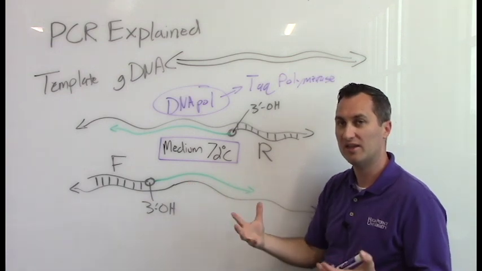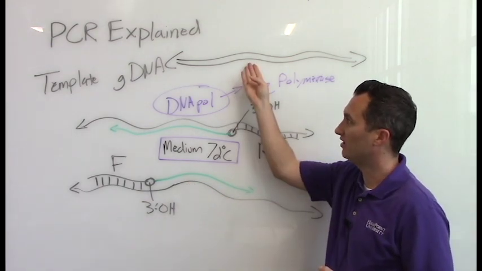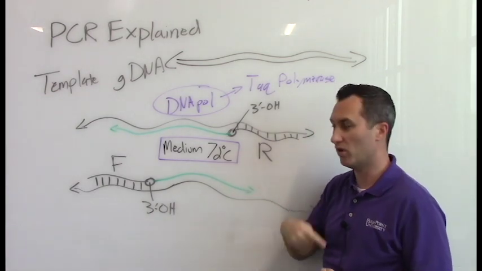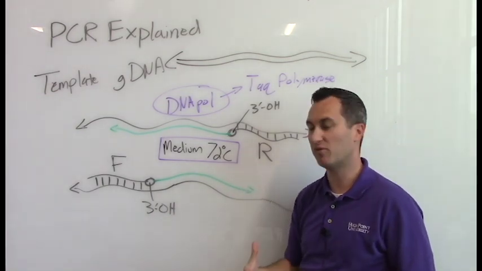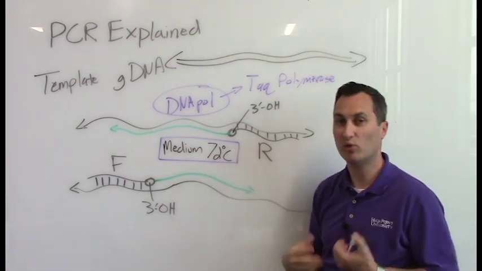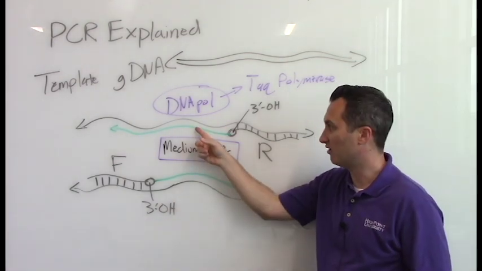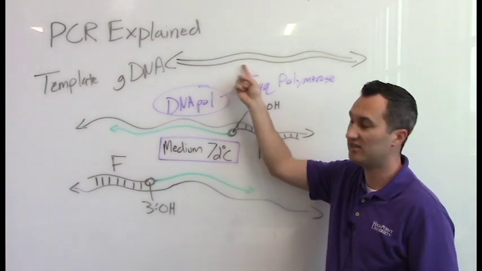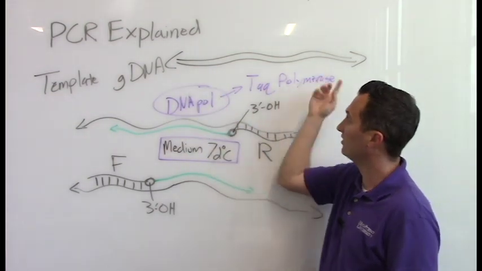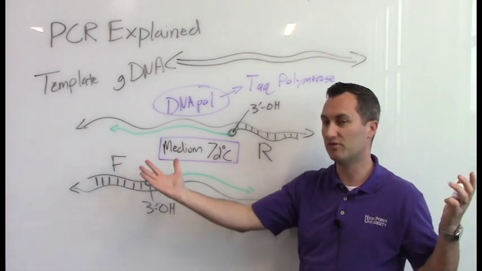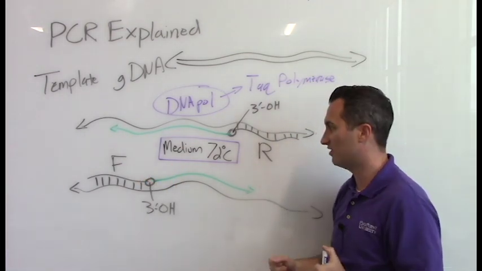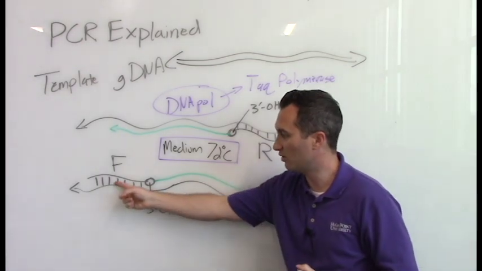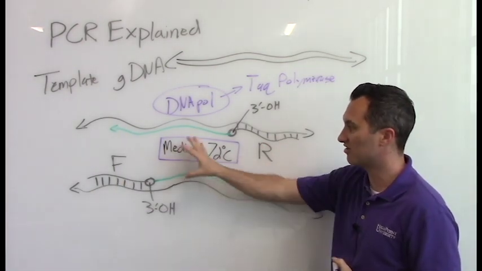Okay? In this way, if we start with, say, 10,000 copies of my template genomic DNA, after 1 round of PCR, which only takes a number of minutes, I'm up to 20,000 copies of that target. Only at that region, though. Keep in mind that my template DNA may go left and right of this particular diagram, millions of nucleotides. The only region that I'm actually copying occurs between the forward and reverse primer, and it doesn't include the rest